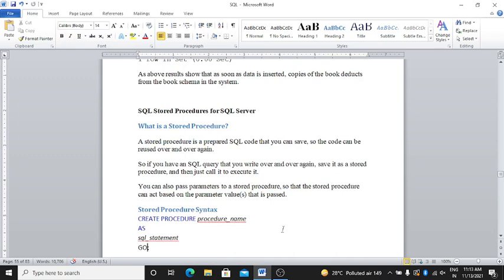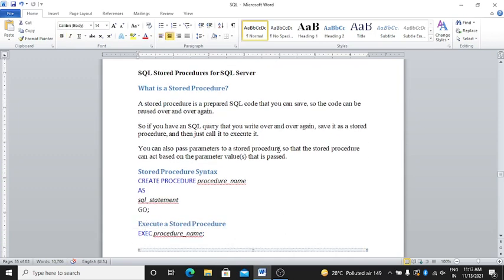SQL stored procedures for SQL Server. Then what are stored procedures? A stored procedure is prepared SQL code that you can save so the code can be reused over and over again.